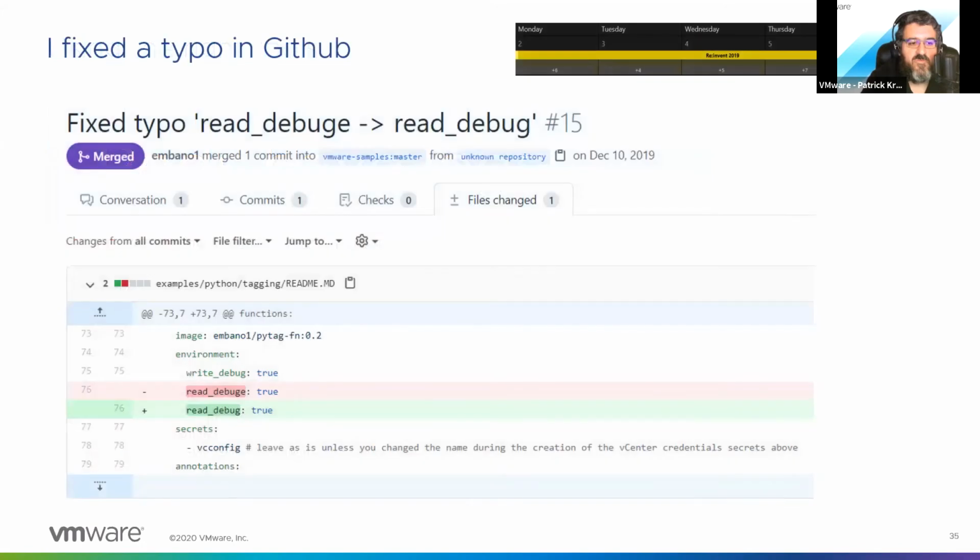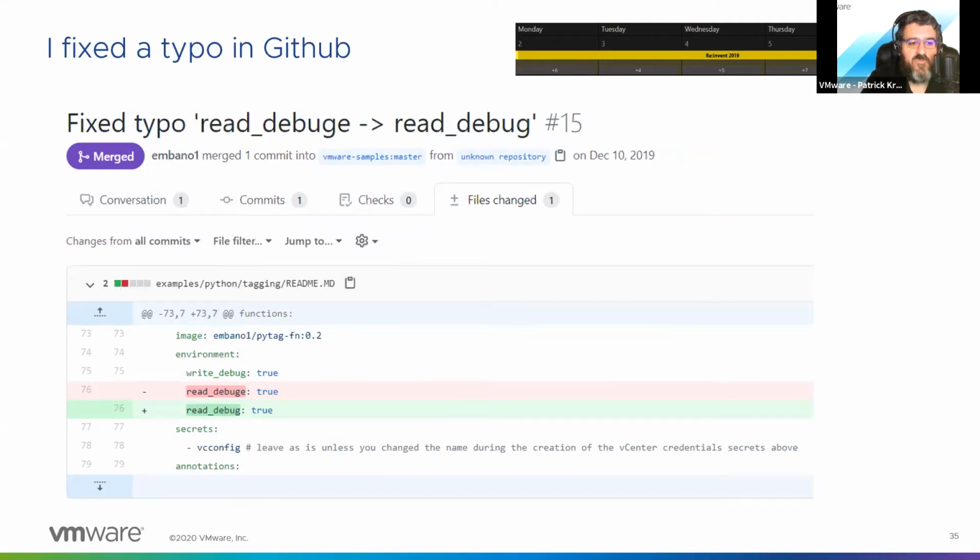So I asked you to remember December 8th as a date, and I want to call your attention here to December 10th. Two days later, so two days of messing around with this stuff, and I fixed a typo. It was my first open source commit. And all I did is I deleted the letter E, right? That was it. My first open source contribution was literally erasing one character. But I did it, right? And it took about two days of trying to learn and understand Git.